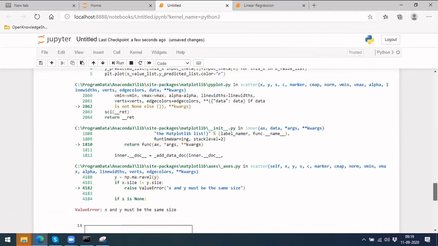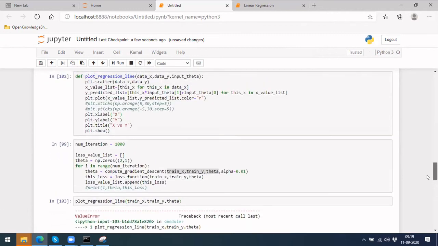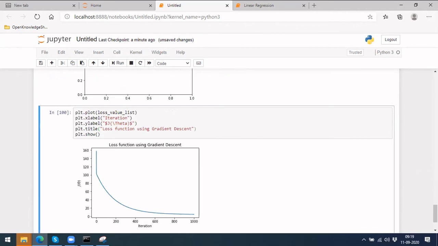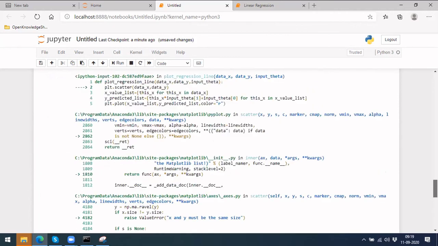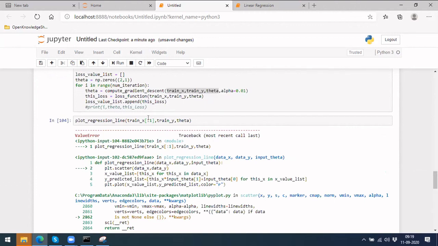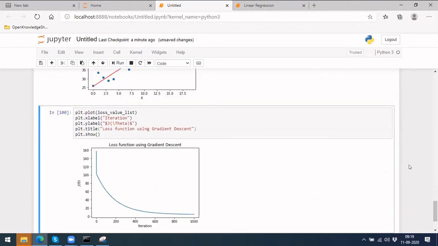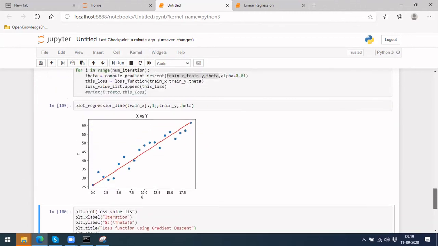There has been an error here. Okay, let's plot only x1 instead of both. That will be one column, as we can't do both columns at a time, so there will be a comma here. This is your data point, and this is what it has learned.